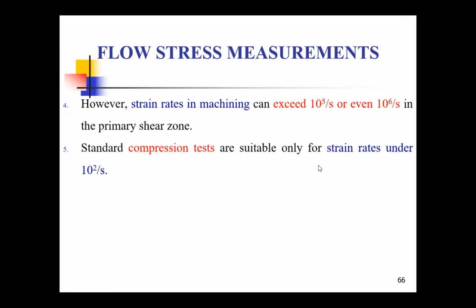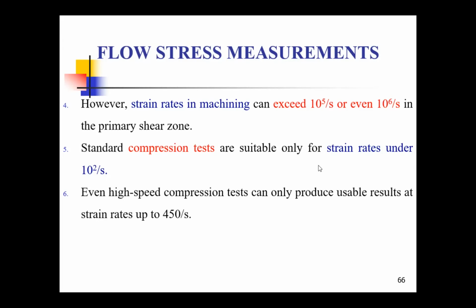So for this, initially we have to do some experiments on turning. If I am going to do some experiments on turning for the composite material, that data should be included in the packages, and then we can define a new material. Even for high-speed compression tests, the results will be only lower than those of the machining studies. So that's why